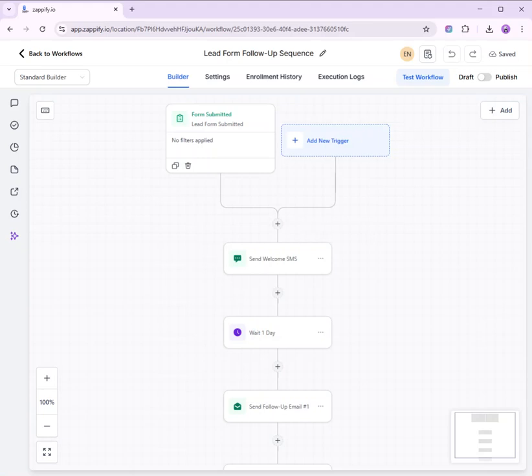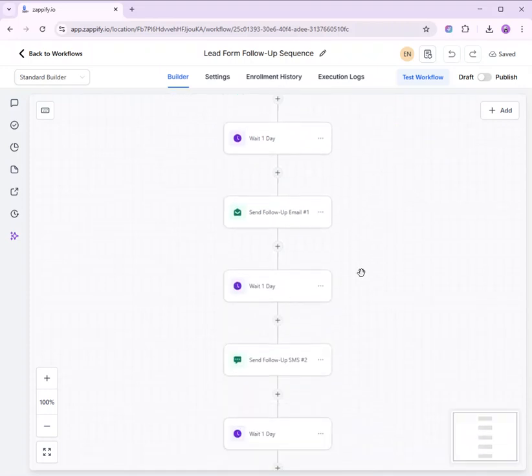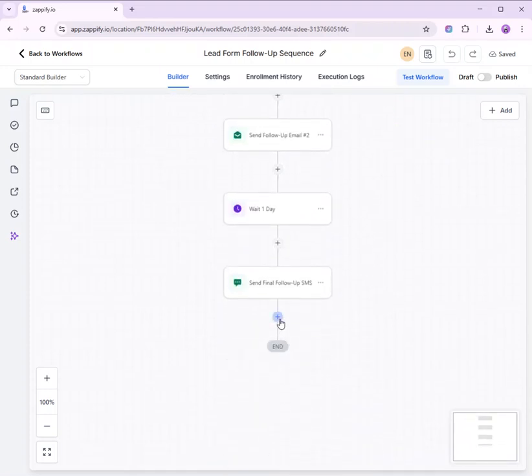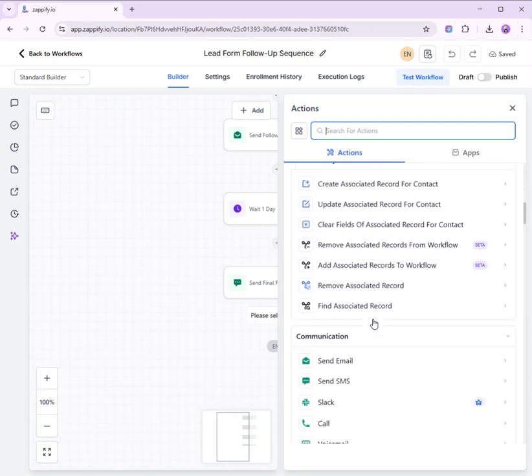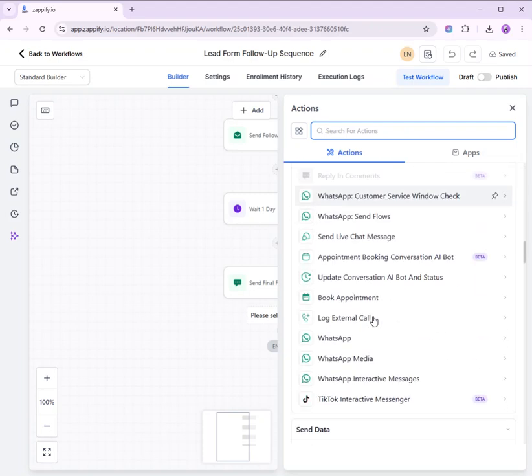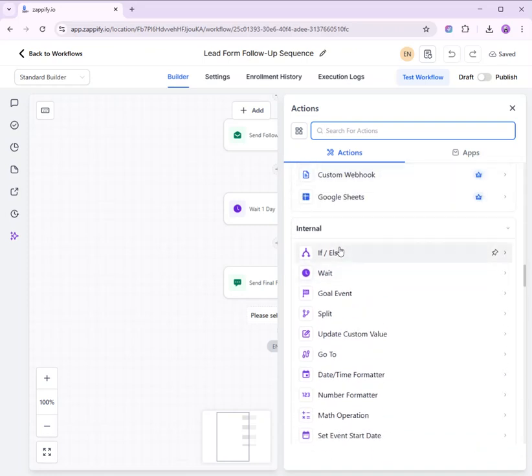So hi guys, for today's video, we're gonna learn about how to use if else condition and wait step inside Shopify.io workflow. So here's the example of workflow. So inside a workflow, click the plus button, this one, or even this one. It's okay, this one. And after that, find this if else conditions, this one, to add a condition branch.